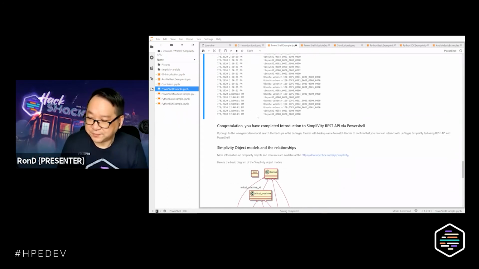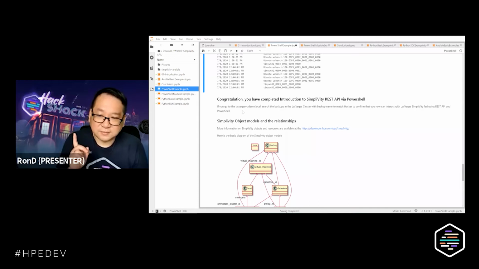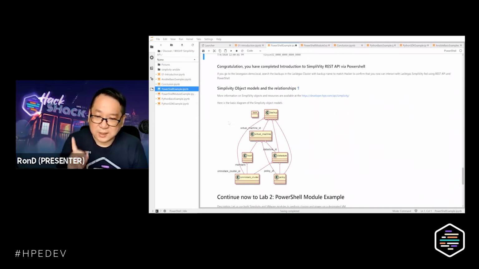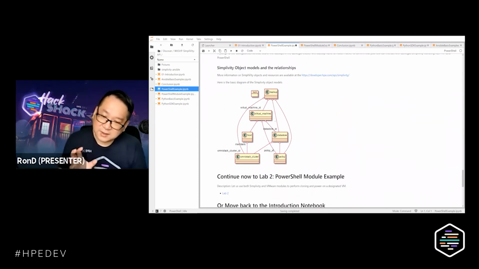All right. One thing I want to remind you: if you're looking at the SimpliVity REST API, this is the relationship of the objects being manipulated inside SimpliVity. For example, backup information has some information that is part of the OmniStack cluster, and the OmniStack cluster consists of many hosts.